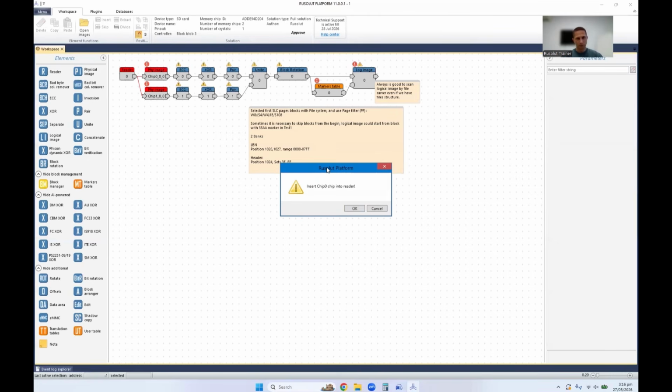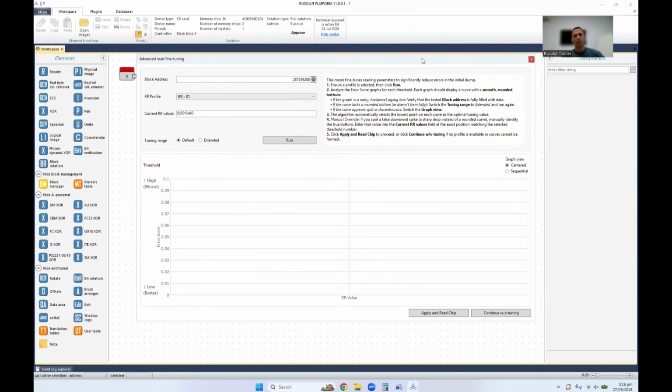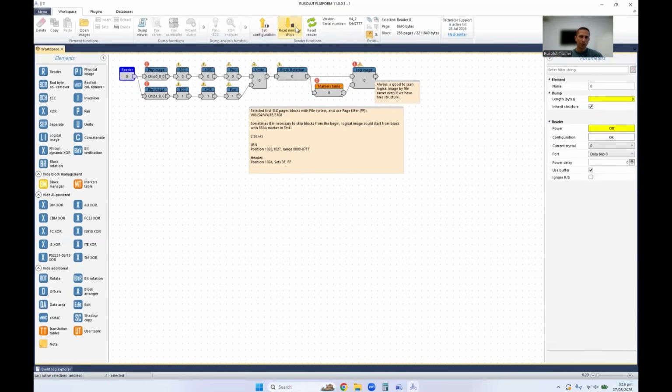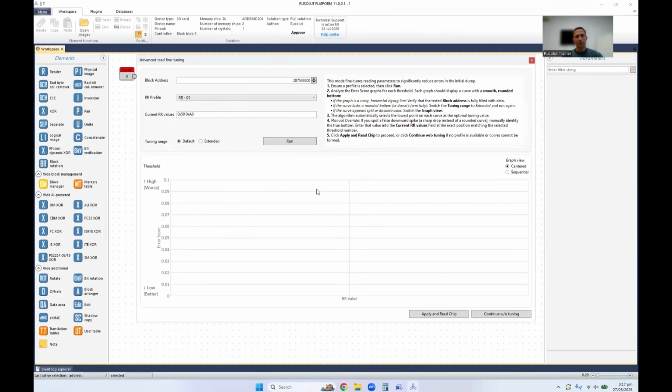After that, just in case it says you that you need to insert the chip, you say okay. And in this moment, the new tool begins to work. Let's discuss this window in more detail. First of all, when you just run the reading, let me run it again, and pay attention. Now it's saying reading dump from the reader. In fact, it's not reading the dump in that moment. It's just searching for the good block for analysis, for the good block where it's possible to perform that analysis